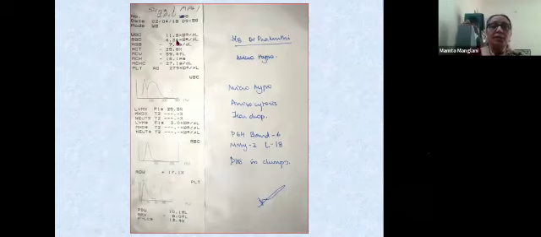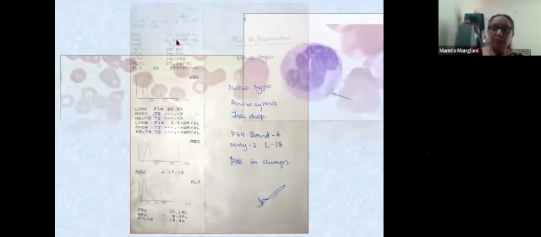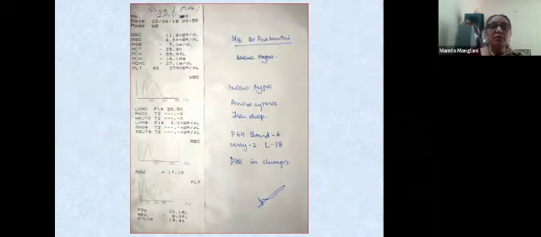Now coming to this one, CBC. Here you had a WBC count of 11,800 with a hemoglobin of 7 grams with a platelet count of 279. But look at the WBC histogram. What is remarkable about this? We saw earlier the histogram of WBC. It showed a nice lymphocyte peak.